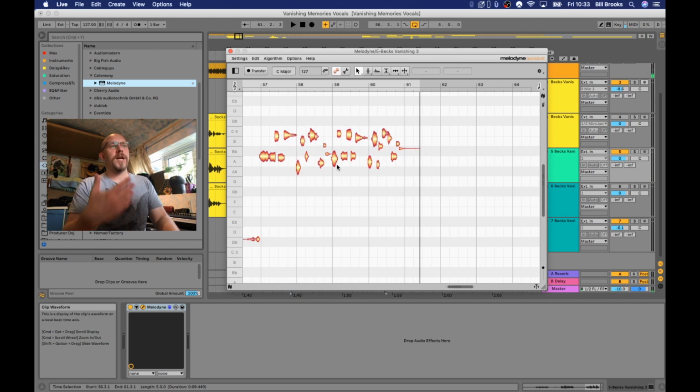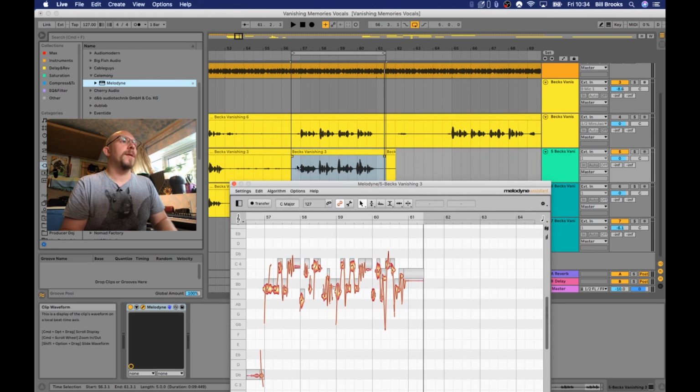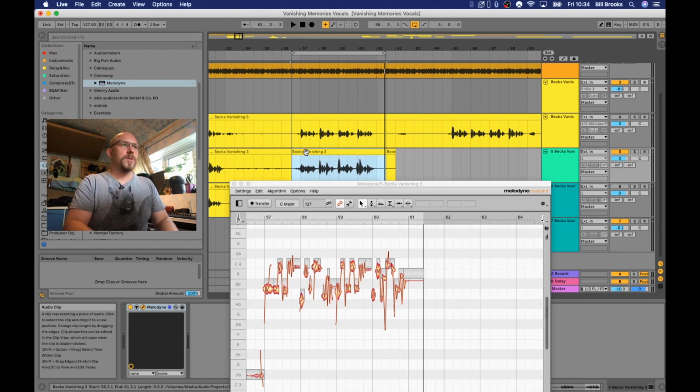And as it suggests, the transfer button transfers that audio into the plugin. So as soon as the timeline in Ableton hits this position, the audio from the track stops and the internal audio within the Melodyne plugin begins. Which can be a little bit tricky, because, for example, you could mute or deactivate that clip,